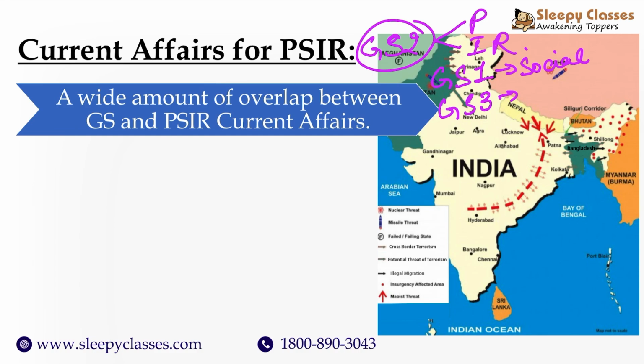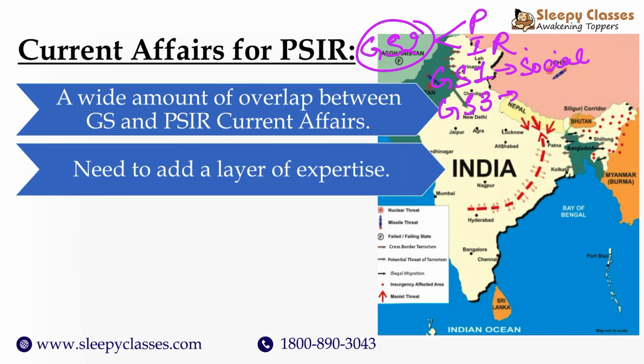And similarly, not just in syllabus, in current affairs also. So, what happens is that students end up having a base or a context which they can build on for PSIR optional to make it more optional relevant. And how do you make it more optional relevant is by adding a level of expertise or scholarly analysis, right? And this becomes possible how? This becomes possible when you're able to add, say, perspectives given in, say, editorials.